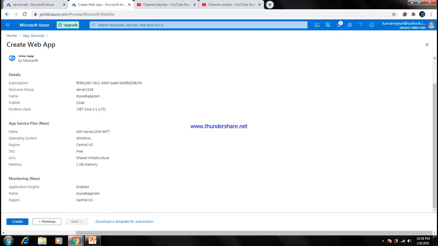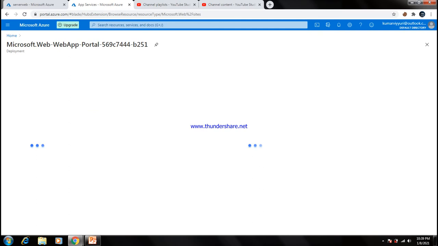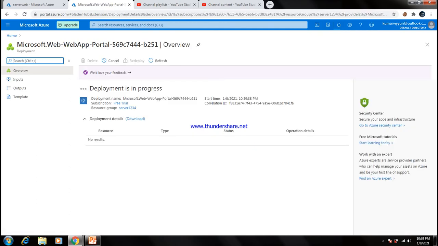Your application is being created now. Once created, you can get a notification from the notification board. Your deployment is processing now. It will take time, not an issue.